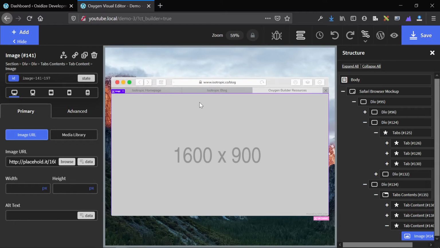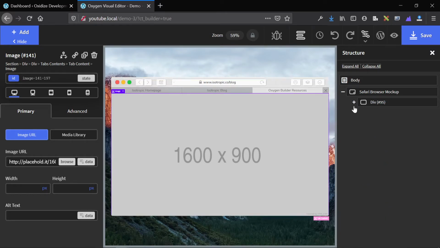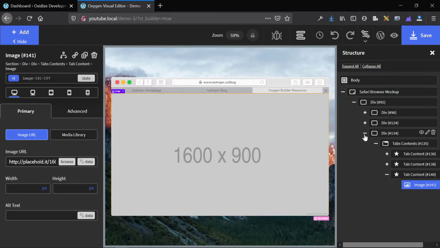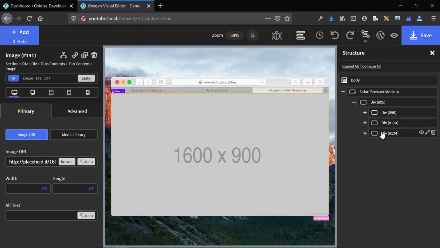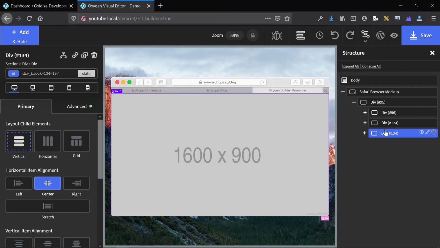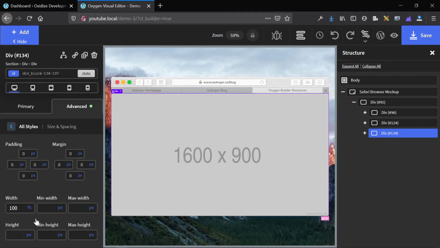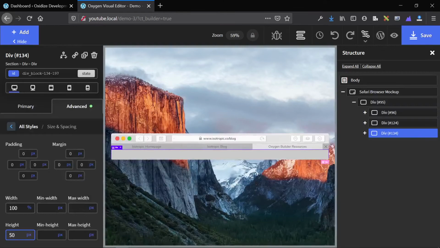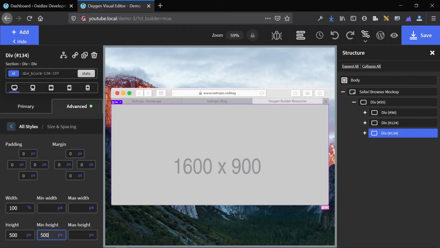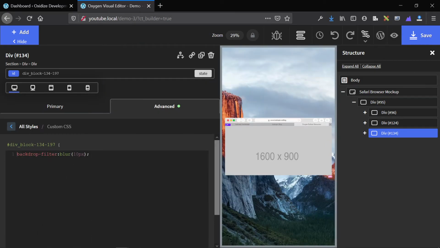One additional thing that I want to mention, and this isn't included in the actual base installation, is that if you want to make your page scrollable, you take this overarching div. So you have this container div, and then you have 3 divs. The bottom div is where your screen's at. You give it a maximum and minimum height. So first I'll just give it a height of 500, and then I'll give this a height and this a height, and you give it this height, and then what you do is go to custom CSS and just add in anywhere